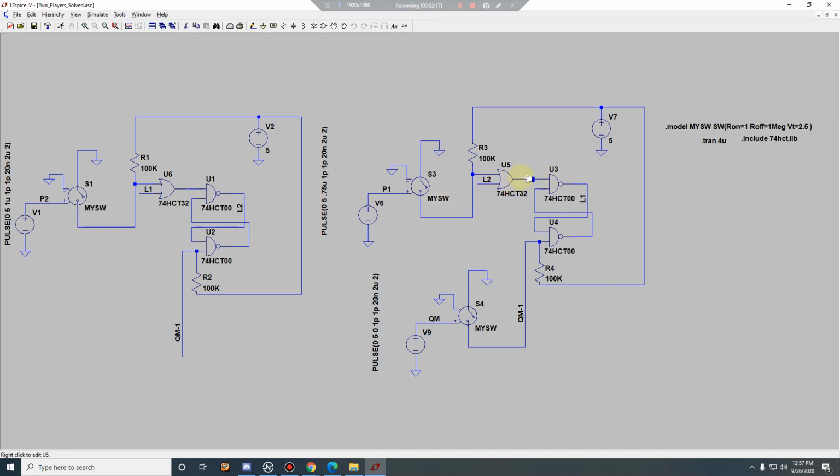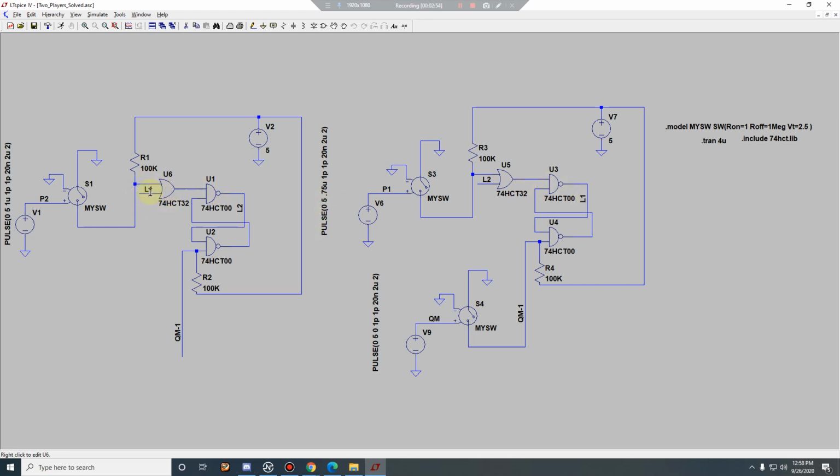If I press this switch and a 0 goes here, this L1 will go high. But I require that if L2 is pressing the switch before me, my 0 should not reach this place. So I have modified that circuit and put an OR gate here and given an L2 input here. If L2 has pressed 1, you will have 1 coming here from L2, and that will disable this 0 from going here. So now I cannot put a 0 here and make L1 high.